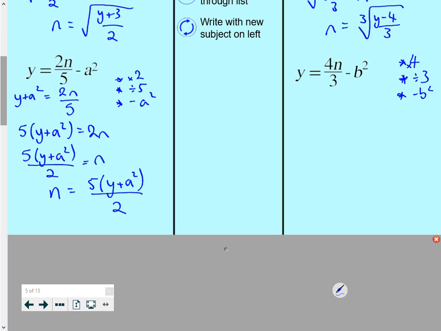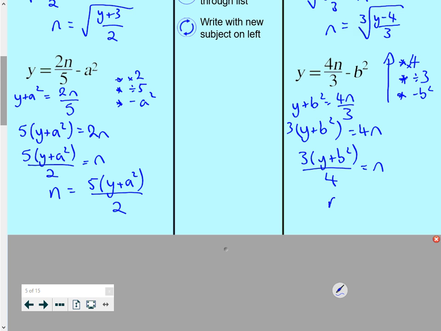So working back through that, I would add b squared onto both sides first. Now notice I don't square or square root, okay? That squared isn't acting on the n. At no point am I squaring what I'm trying to make my subject. So I can simply just add the b squared onto both sides, and then I don't need to worry about that square. Then I would times both sides by 3, and that would equal 4n, and then I would divide by 4. And then I would rewrite it with n on the left-hand side,